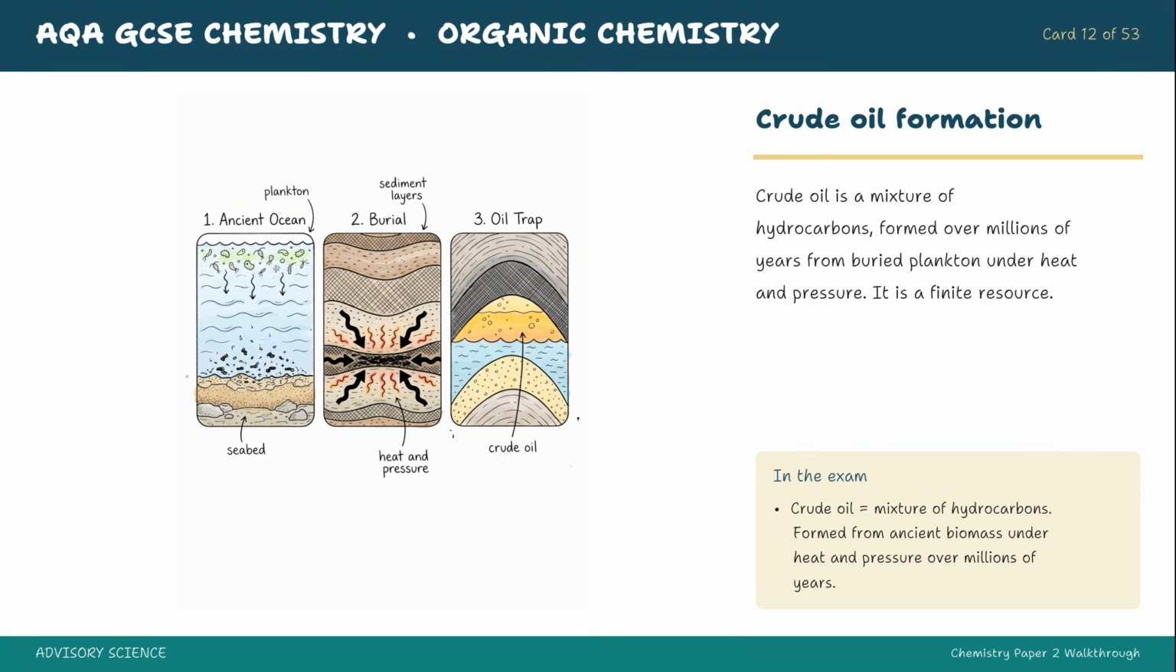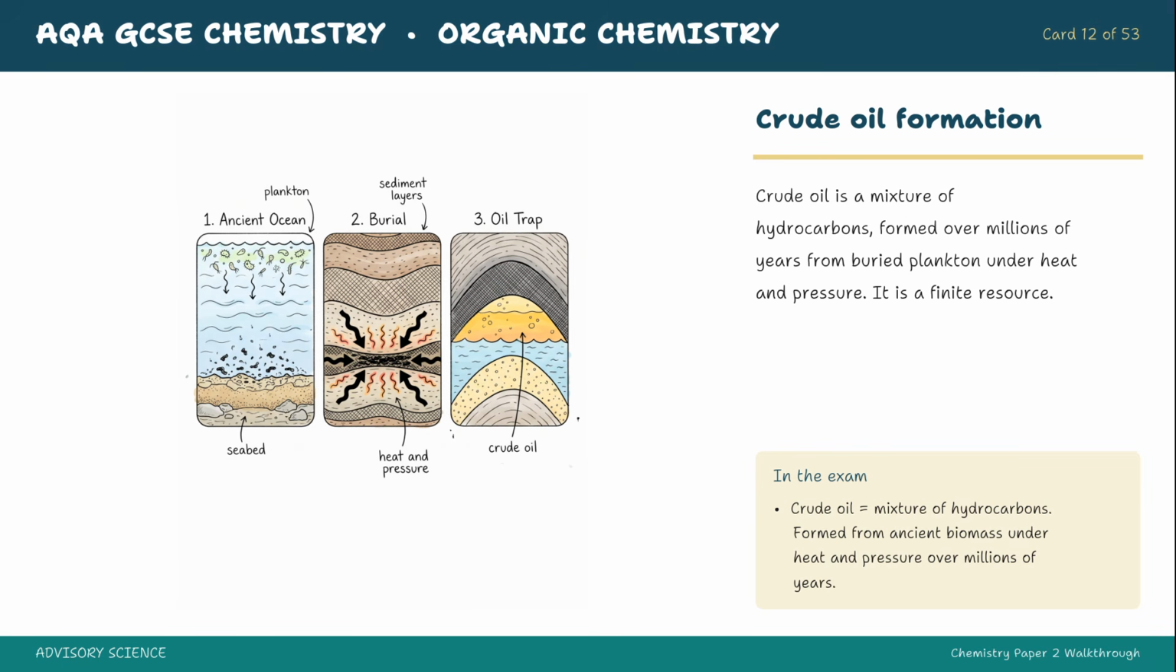Crude oil and hydrocarbons. Crude oil is a complex mixture of a vast number of compounds called hydrocarbons. Hydrocarbons are molecules made of hydrogen and carbon atoms only. Crude oil was formed millions of years ago from the remains of ancient biomass, mainly plankton, that settled at the bottom of oceans, where it was buried under mud and subjected to intense heat and pressure over millions of years. It's a finite resource, meaning it's being consumed much faster than it can actually form,